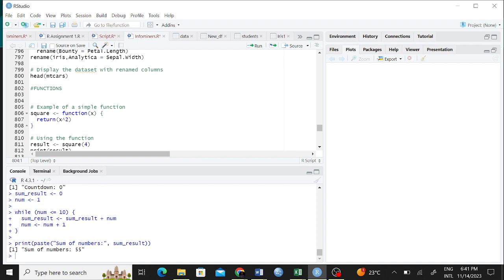Have you worked with any function, Ronnie, in R? Not yet. Pachimai, have you worked with any function in R? Not.